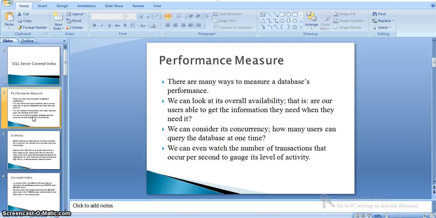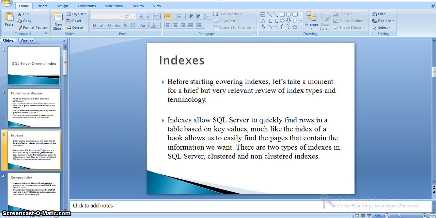It's a scalable property. And we can even watch the number of transactions that occur per second, to gauge its level of activity. To improve the performance, majorly we all directly go to the indexes.